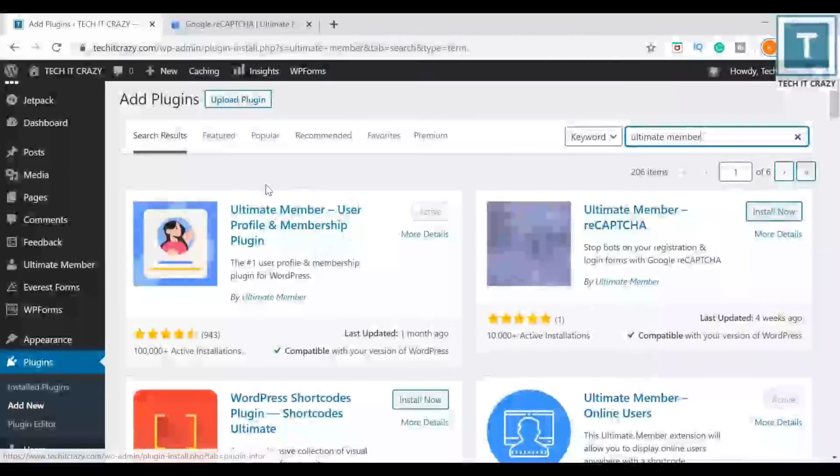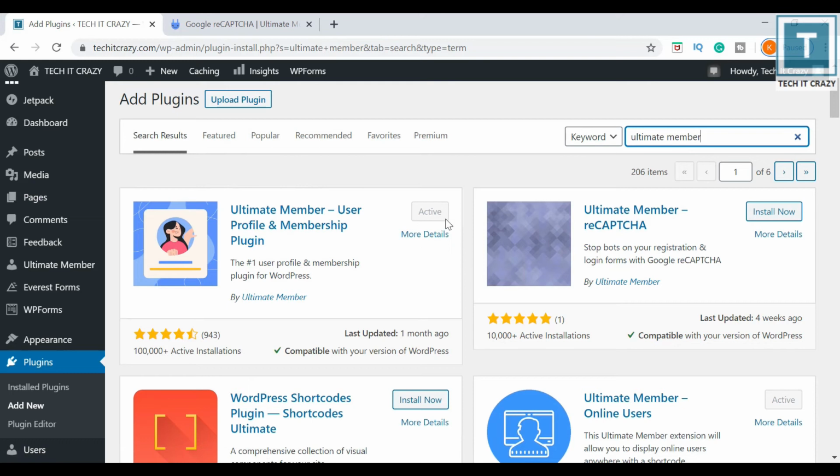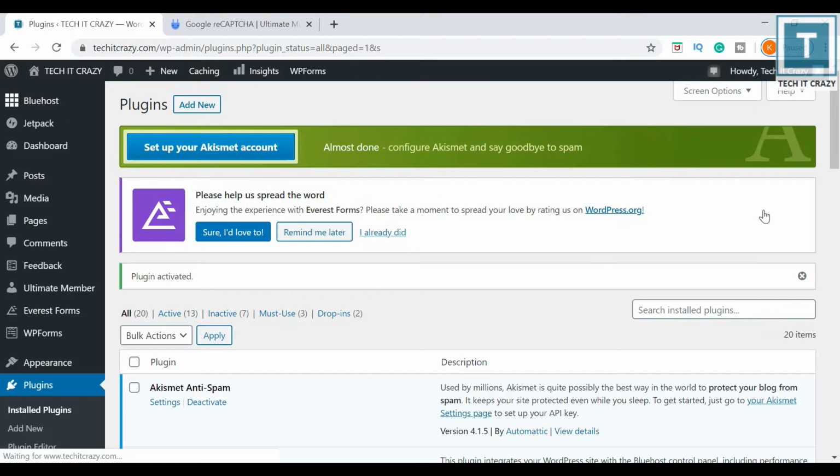If you see, the Ultimate Member plugin is already installed. Now I am going to install reCAPTCHA. I am installing now. Once it is installed, we need to activate it. Yeah, it is installed now and I am activating this. Yeah, now it is activated.